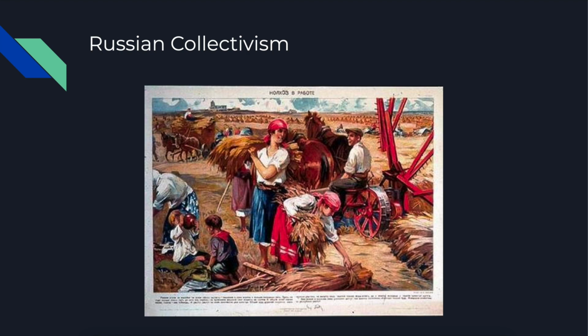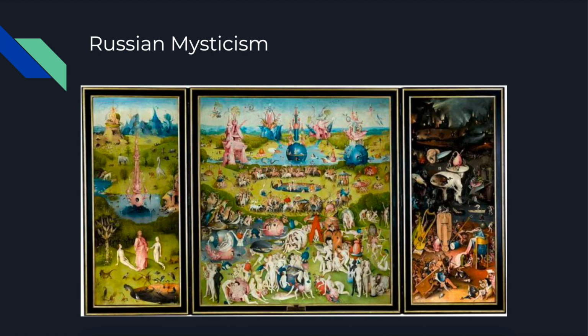Next, collectivism. So individuality and subversion to the state was obviously highly encouraged by the autocratic regimes that persisted throughout Russian history. Collectivism aided in effectively repelling foreign invaders and internal threats. Collectivism brought on the system of the Russian communes, the state farming, and the serfdoms that we'll learn about.